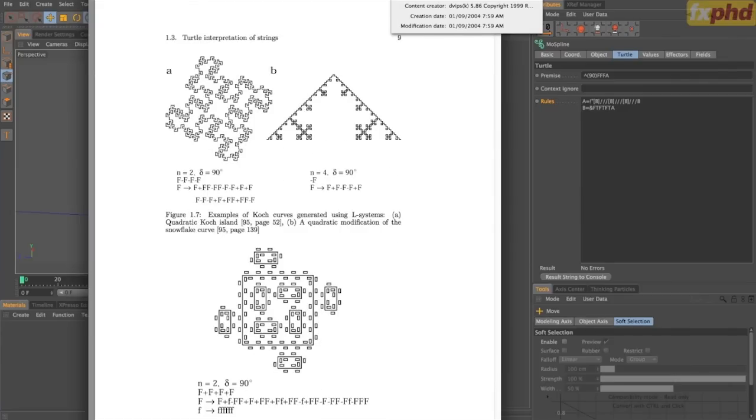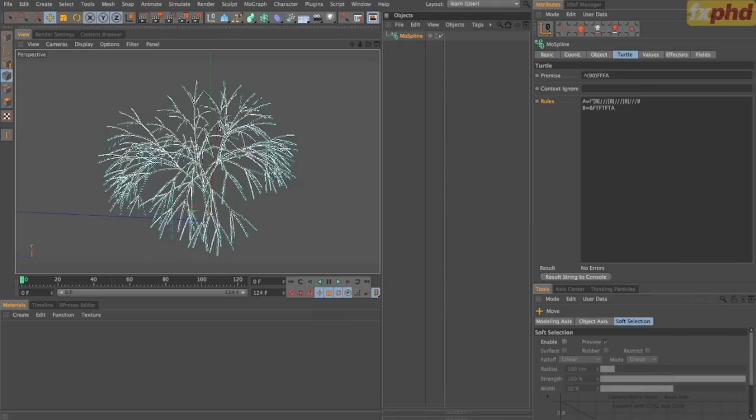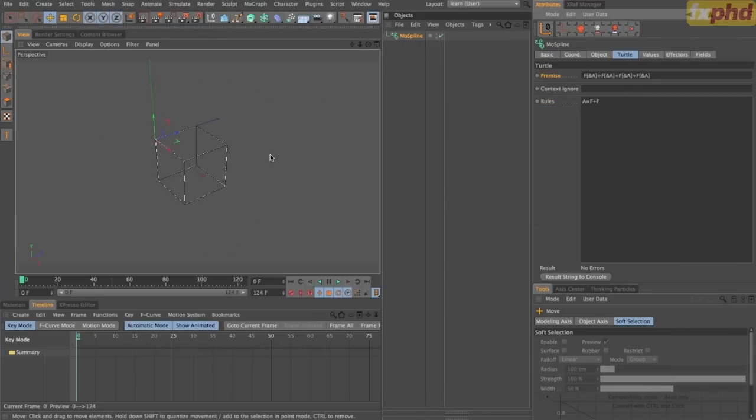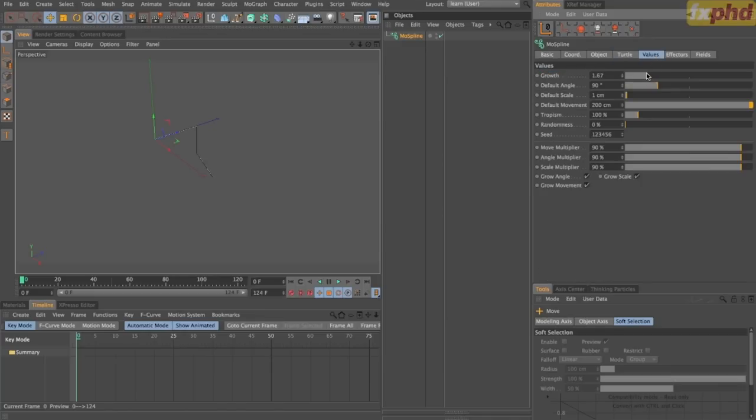And also if you Google, as I say, things like Houdini. In this example you can see that we've used Mospline to create a cube. If I just cut this from the premise, you can have a look and see what happens. So it's A equals F plus F. So we go forward, and then we start a new branch, and then we put A, and then we close the branch. And if we just animate the growth here, you can see that we end up with this